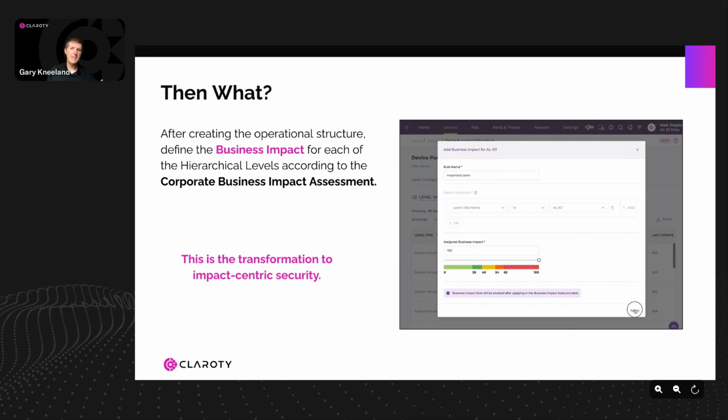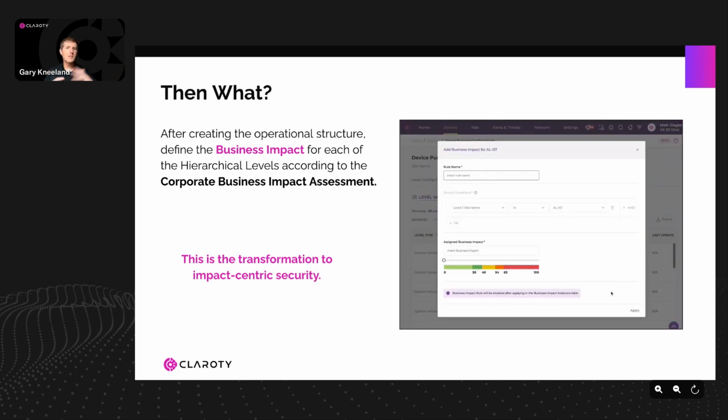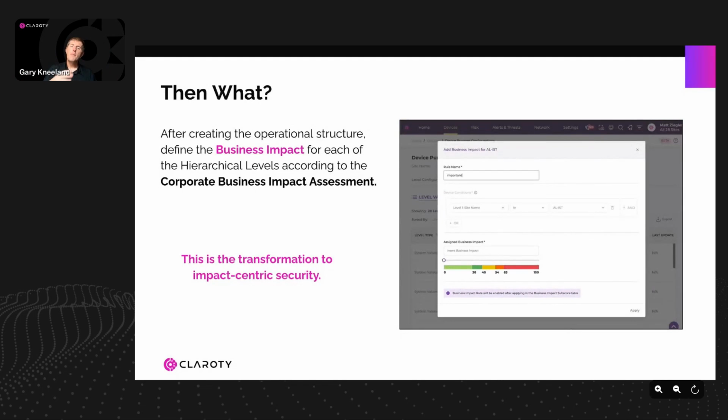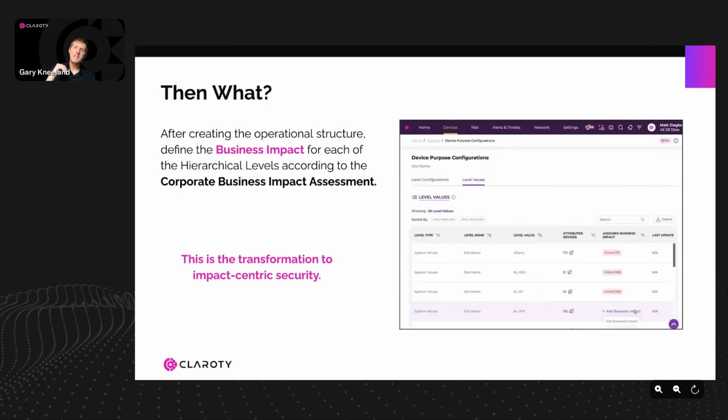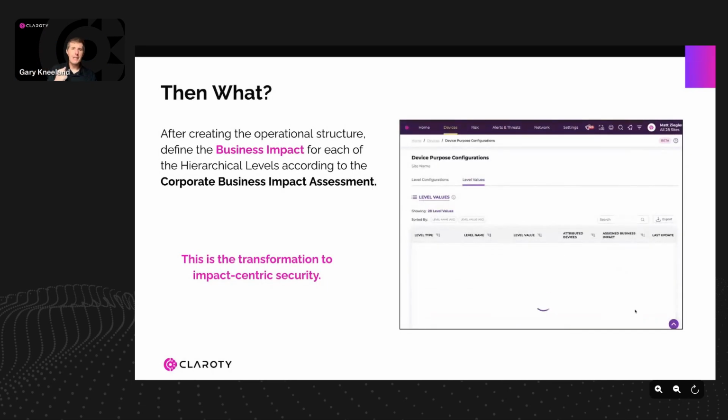Again, certain systems at sites are just more critical than others. It's true all over the place. You may have safety systems, regulatory systems, or single points of failure, where we need to be able to reflect the criticality of those. So within Clarity, not only can I define all these systems, but as you can see in this little image here, I can increase the risk and the business impact of these systems, which means all of those assets will immediately become more critical. And when I am doing remediation or response, I immediately get the benefit of that.